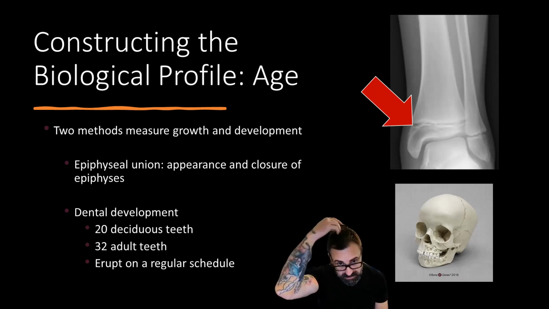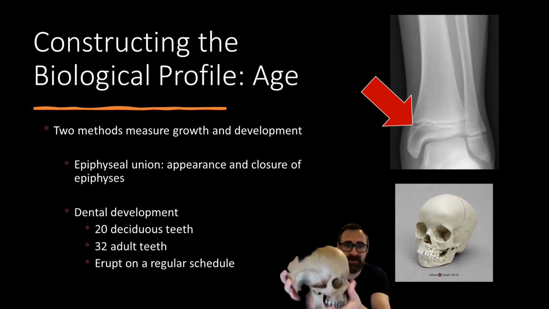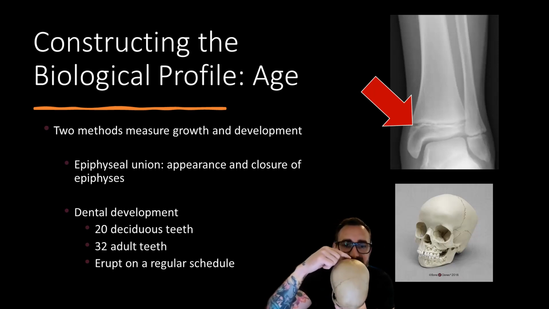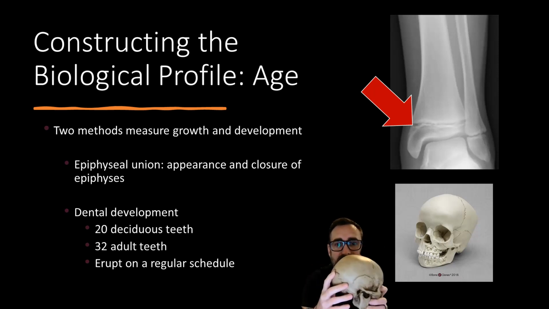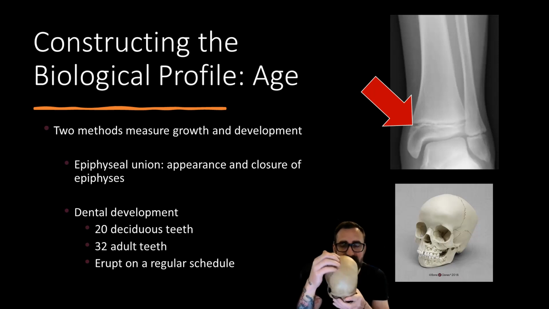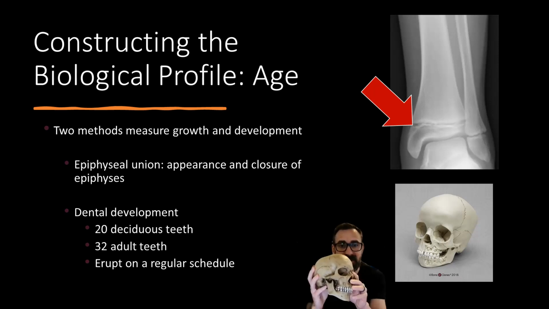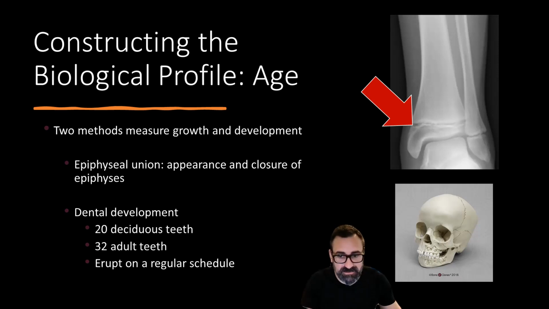And then the skull sutures. If you look here on this skull, you can see these lines. This is a coronal suture, the sagittal suture. These sutures fuse together at different times, at fairly predictable and regular rates during development. And so if you have a whole body, you can look at all the fusion rates, you can look at the teeth, you can look at dental wear, and then you can get a fairly accurate age of a skeleton.